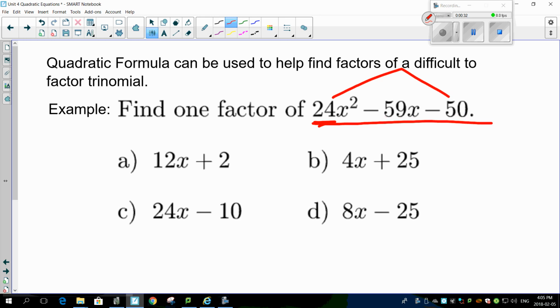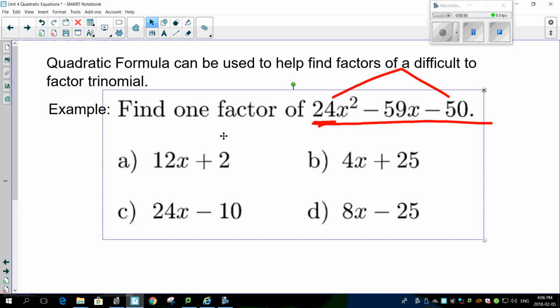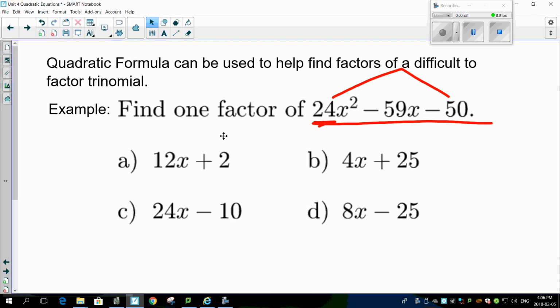You got 24 times 50. That's just a huge number. Look, 24 times 50. So we want factors of 1200 that are going to add up to minus 59. Oh man, no thank you. So in a situation like that, let's just go directly to the quadratic formula and see what we can do